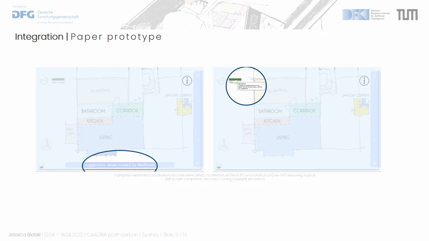Then we are going to talk about the toast notification when accessing the actual suggestion view, which says suggestions shown ranked by likelihood, which are generated through prior probability, and it aims to mitigate the availability bias. So, what is actually the highest probability? Well, on the right you can see